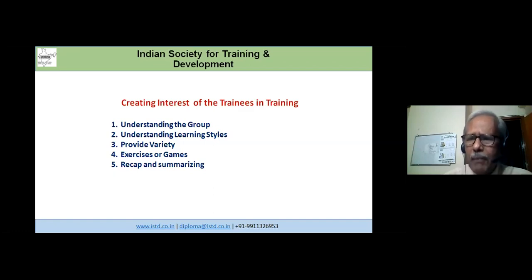So opening up their mind, stimulating their mind to start thinking will happen only when they find interest in the training. The trainee may be sometimes totally passive and he may not have any interest, but the moment the trainer starts explaining the things and the way he starts talking to the class, suddenly the trainee becomes highly interested and starts listening to the class very clearly. And for that, the trainer has to have some understanding about his target group, the students or the participants. So understanding the group is very important.